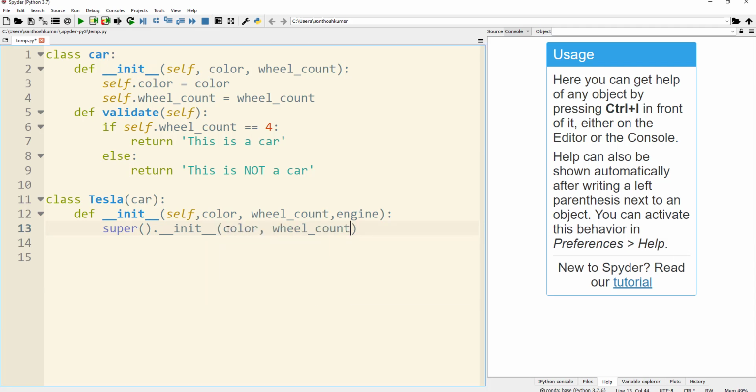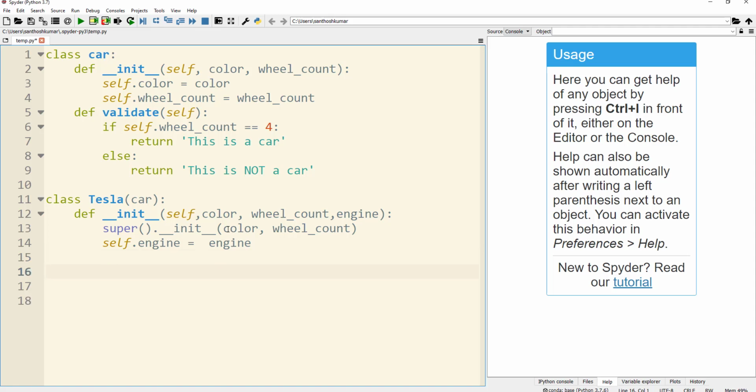Then in order to initialize the engine attribute within the Tesla class, I just use self.engine equal to engine, where I am getting the engine value from the attribute. So now the Tesla class has been inherited from the Car class. Here the class Car is the parent class and the class Tesla is the child class.